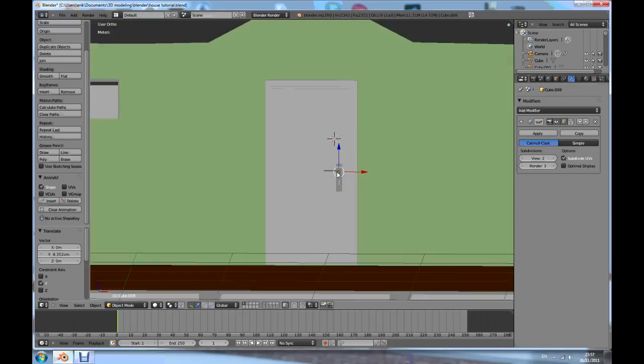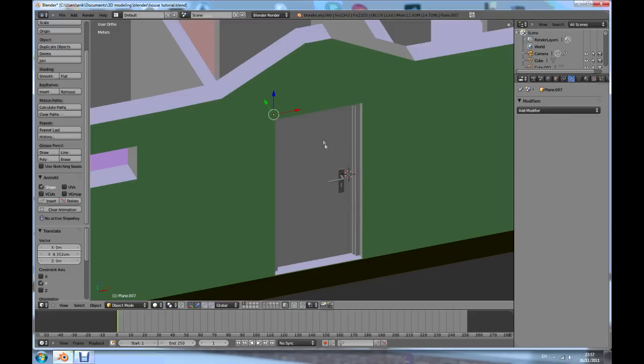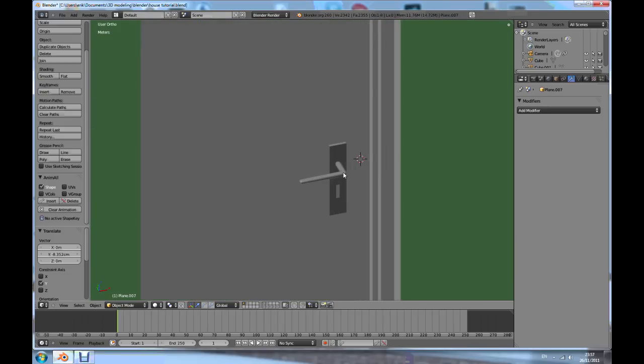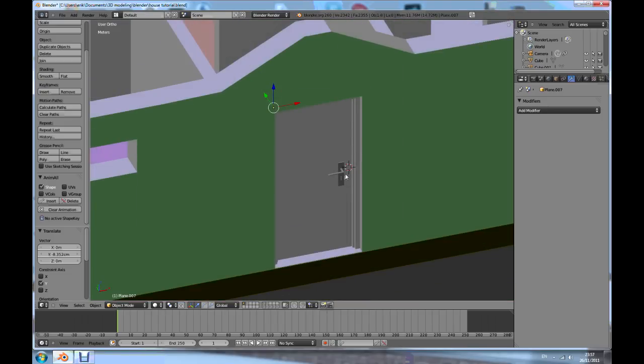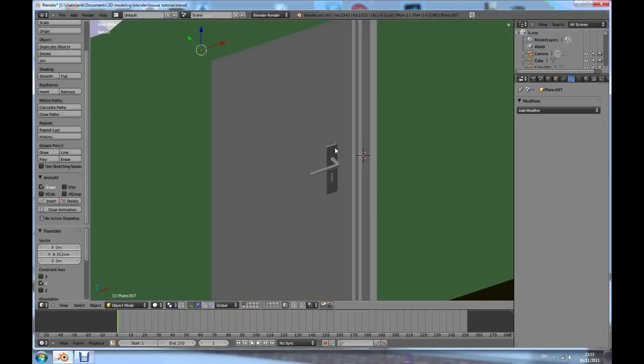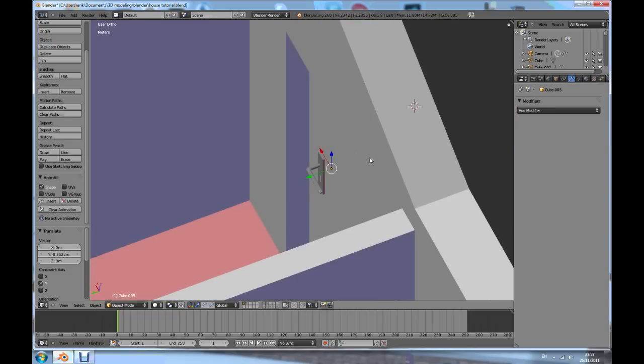So if you want to open a door now, R, Z, you see the panel goes, but the door handle doesn't follow. So we need to make this handle actually the child of the door. So how to do that? Select this one and this one